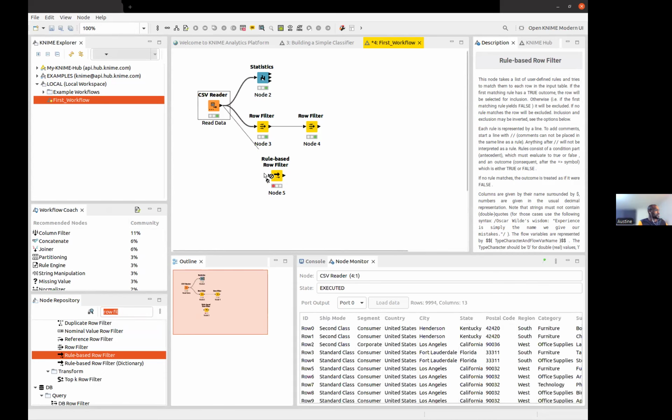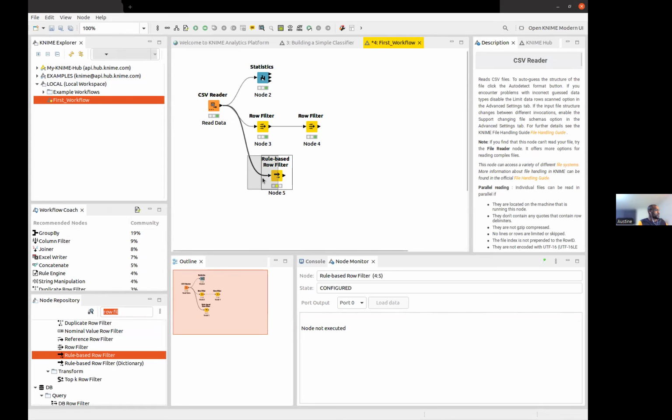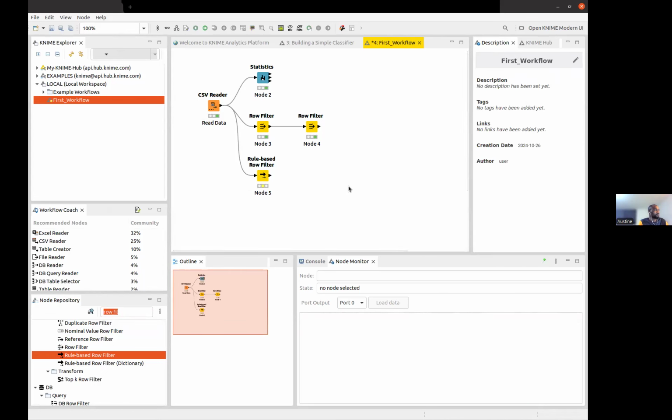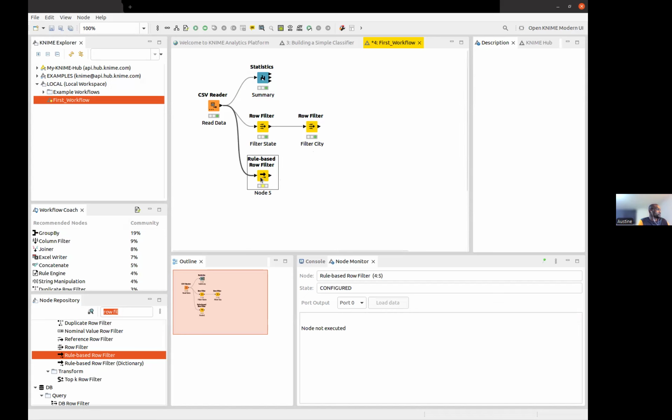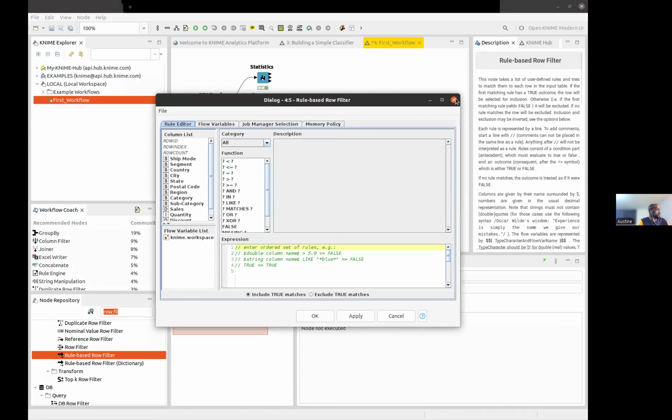And we can just grab our workflow. Of course, you can play around. I didn't label, I forgot. So summary, you can just name here, you can say filter state. And here you can say filter city. So far we have not written any code. All of these things are just based on this workflow. Now in the rule-based filter, let me